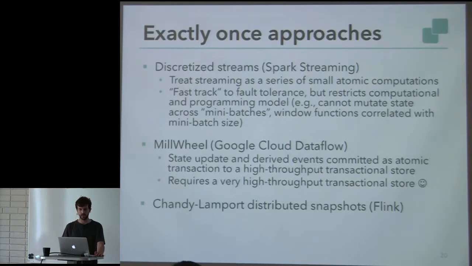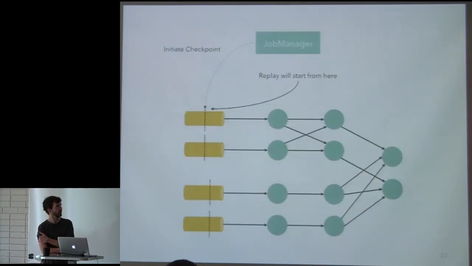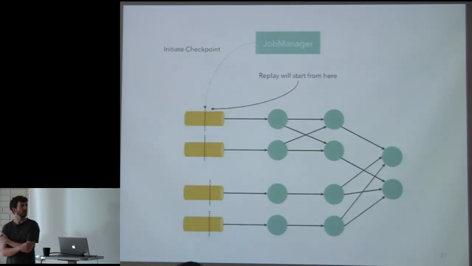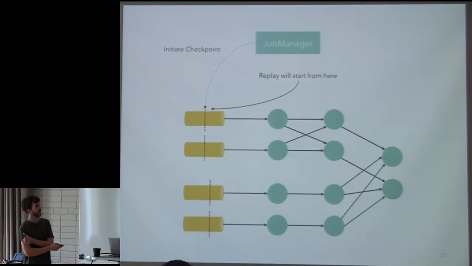It's not really state of the art, it's from the 70s, I think, but it's a really nice algorithm. And I want to show you a little bit how it works, because the basic principle is not so complicated. If we have a data flow program here, and these are the sources, and these are sinks, here at the right, then to create a checkpoint while the Flink job is running,